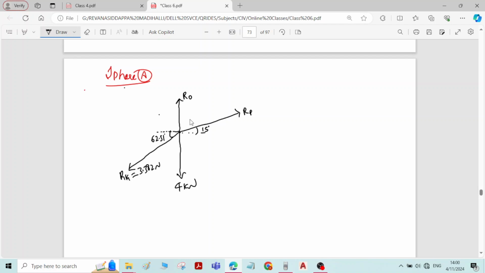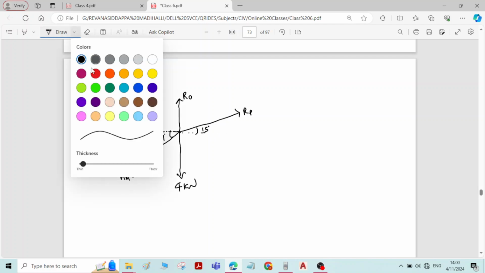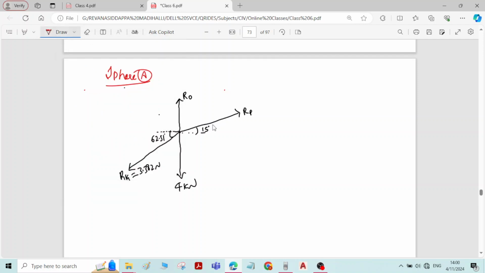Okay. So the free body diagram is done. Now we have to apply equilibrium conditions. You cannot apply Lami's theorem because there are four forces. Lami's theorem is applicable only for three concurrent forces. Horizontal component of RP is RP cos 15. Vertical component is